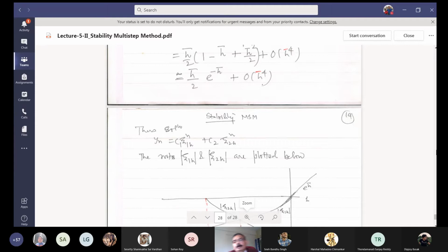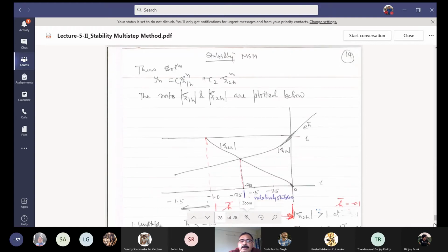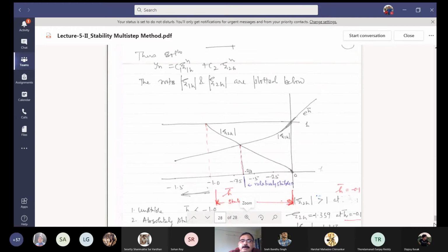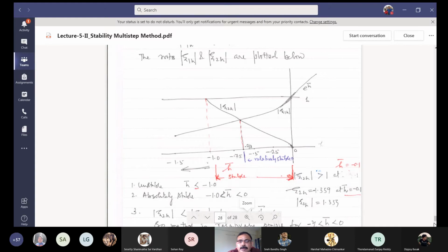Now these two functions are difficult to analyze. So we have drawn the graph. This is directly given in your book also. I think it is given in your book. So the graph xi1h is your e to power h. E to power h bar. Its magnitude will be the same one. So the same graph will be there. This graph is for your e to power h bar. Right? Yes, sir. Okay. So at 0, you know e to power h is 1. So that's the reason it is right.